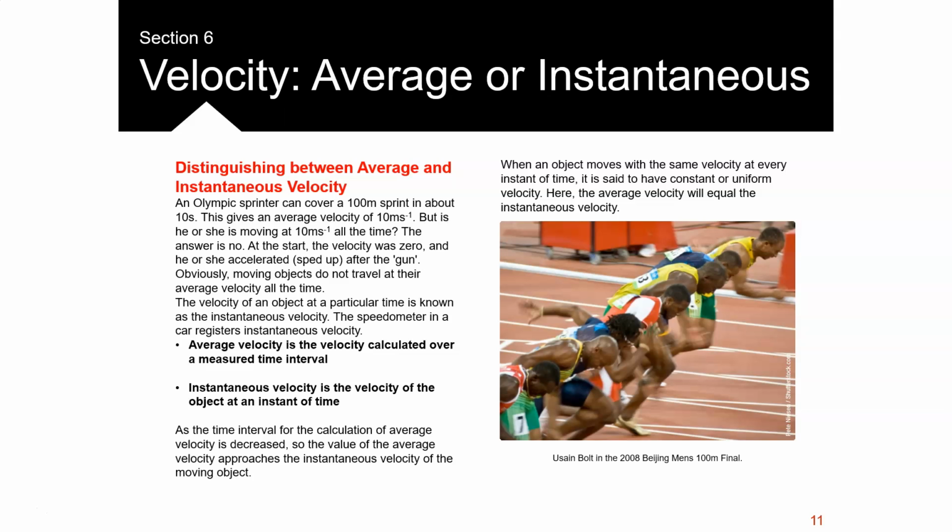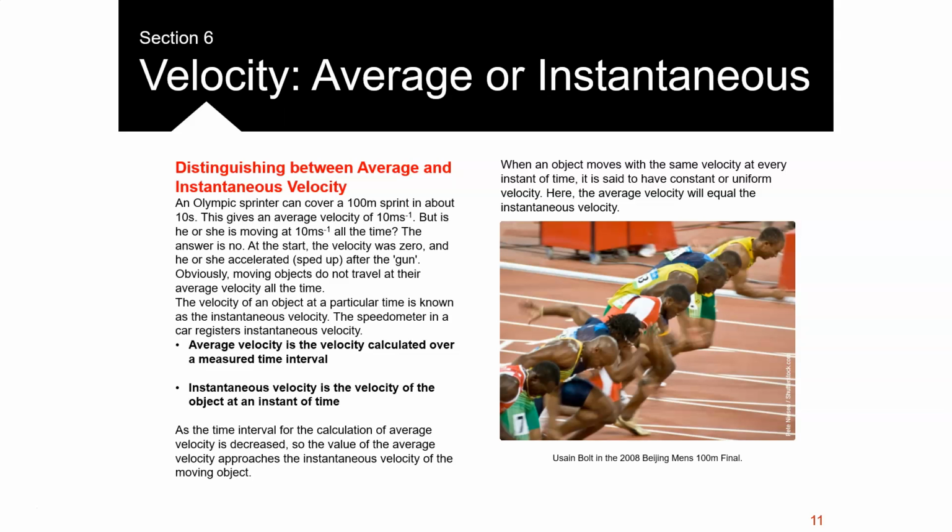reached their maximum velocity. Now, when we consider moving objects, we know that they don't travel at their average velocity the whole time. So we can work out an average velocity by considering how long it took for a particular object to travel a certain distance. And as I mentioned, the average velocity will not indicate what the speed was at all periods